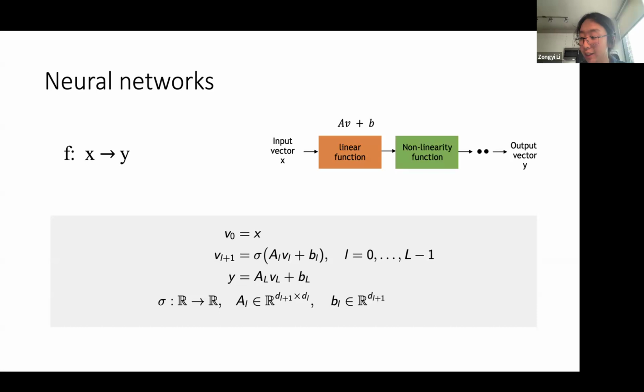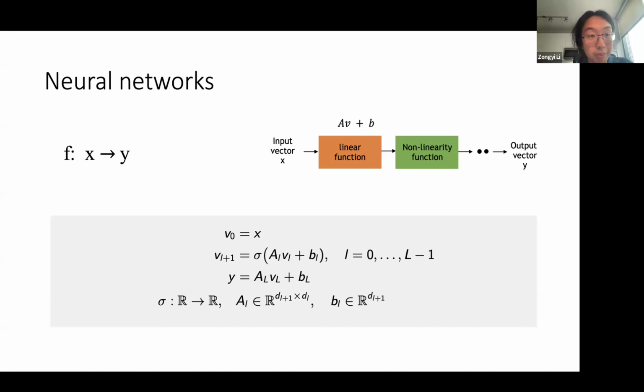So carrying this idea, we want to generalize the neural network from the machine learning vector to vector settings to the partial differential equations continuum settings. Just briefly recap, the neural network, the simple idea is just a combination of linear functions. For example, matrix A times the vector plus a bias. So it's a matrix vector multiplication. And the nonlinearity is just a ReLU or GELU. It's a very simple nonlinearity.